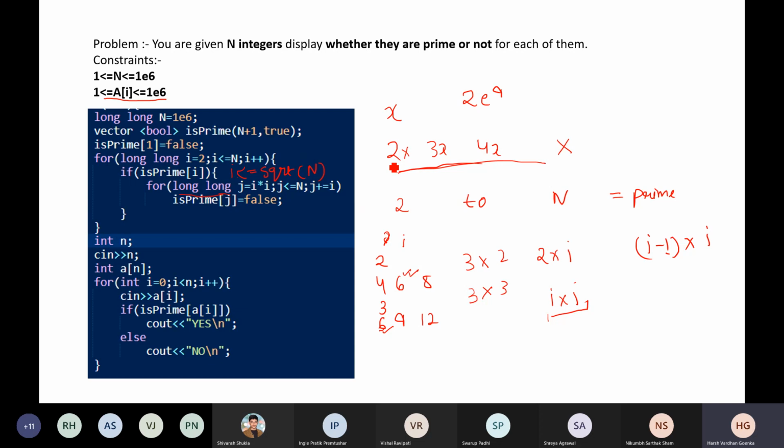For the time complexity of this code, it is difficult to calculate, although there are proofs online. The time complexity of this code comes out to be O of n log n. So it is a nice improvement. Basically, this pre-calculation comes out to be n log n, and we have to answer n queries. Let it be small n. So my time complexity comes out to be O of n log n, which is of order 1e6 operations only. So it will give an AC easily. Is the idea clear to everyone?